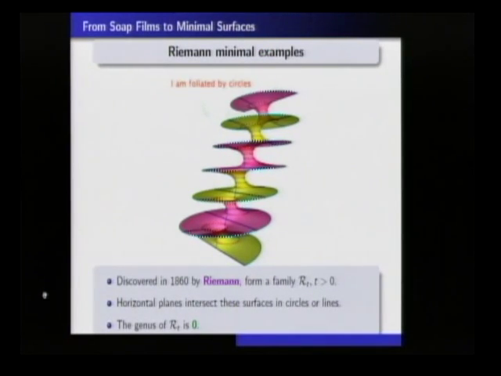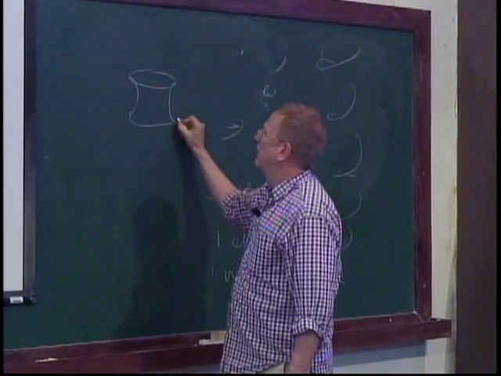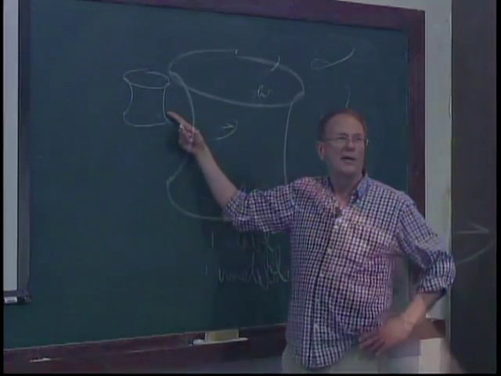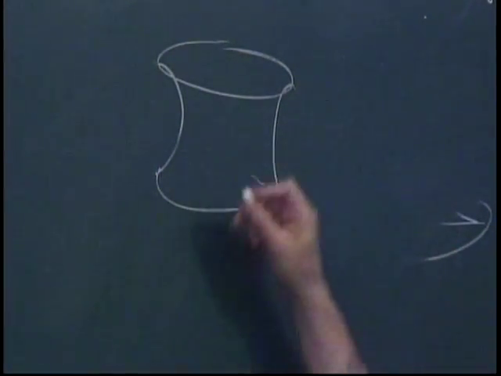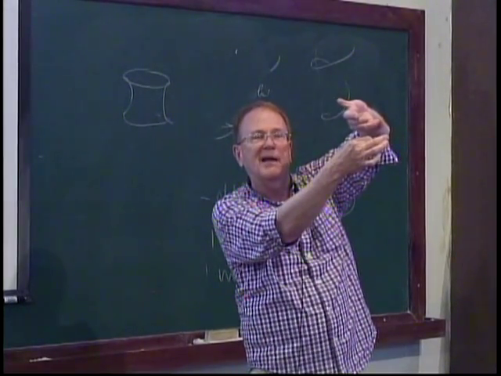So here's actually a nice computer graphics picture by Matthias Weber. You can really see it. This is perfect, right? Yeah, I can see the circles. I see the straight lines, okay? And what is the family? I can tell you the entire family of Riemann examples. That's pretty neat. So let's just go through that again. What is the family? Well, at one end, I start with a catenoid, which is not really a Riemann example. It's somehow a limit of Riemann examples. And I just take the two curves, put them pretty close, and translate them to the side a little bit.